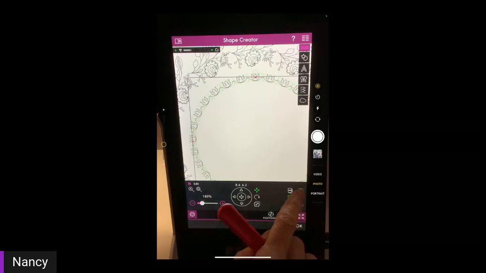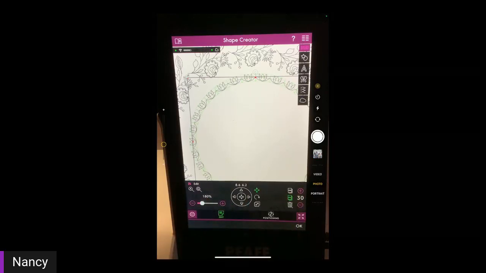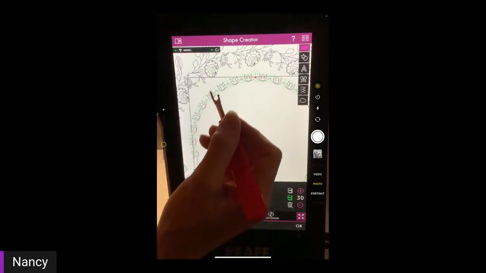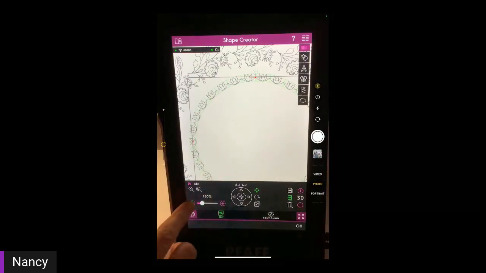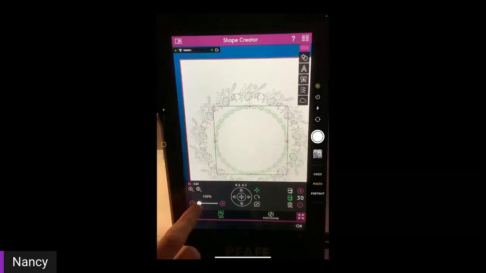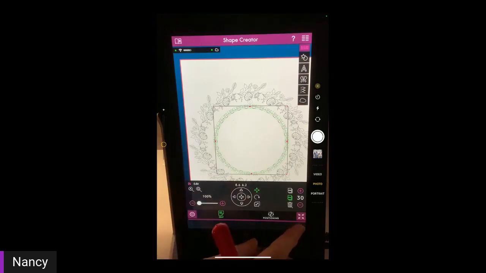I think maybe I want to add one more. Yeah, that looks better to me. It looks like these bottom parts of the stitch are joining now, whereas before they were not. Now I'm going to go back to no magnification and at 100%. I'm happy with it, so I'm going to click OK